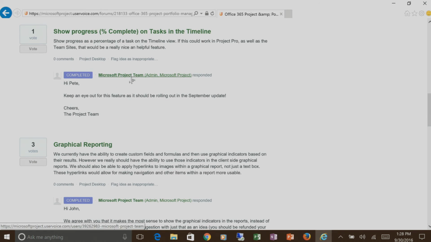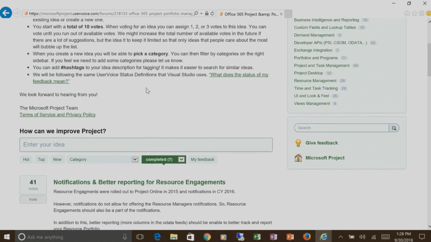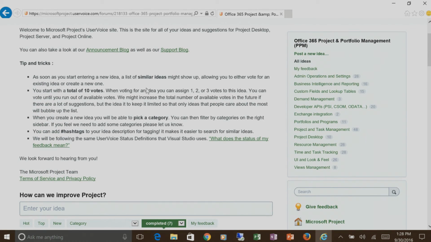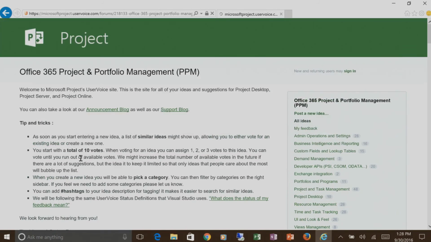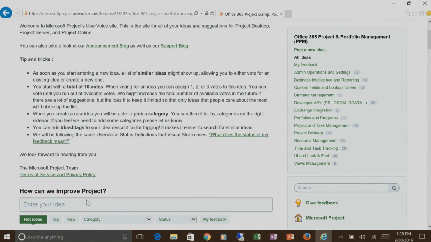And when you see this Microsoft project team, that is actually me behind my computer typing out an official statement on where we are with the feature. So I highly recommend that you point your users towards this. If you're helping them get set up and they say, oh, we really want it to work like this, and normally you'd say, unfortunately, there's no way to configure it like that, maybe we can help alleviate that pain and add that as a scenario. So if you had something around the timeline,